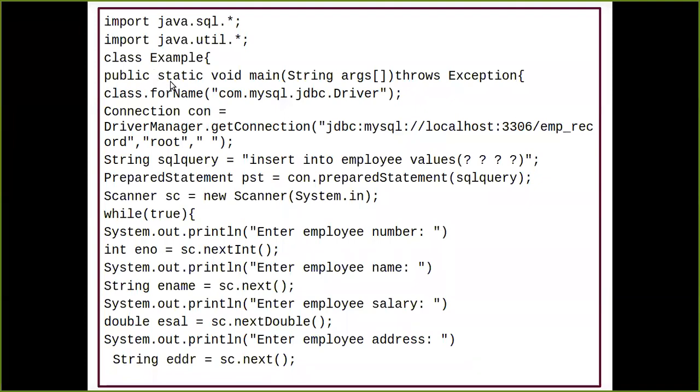Now the first step is your import statement, which we have done successfully. After that we are allowed to use the number of classes and interfaces present in this sql.* package. After that we are now registering the JDBC driver of the database which we are going to use. I told you that with our Java application, I am going to use MySQL as my database. So every renowned database which is available and which people are using has its JDBC driver for the Java application.